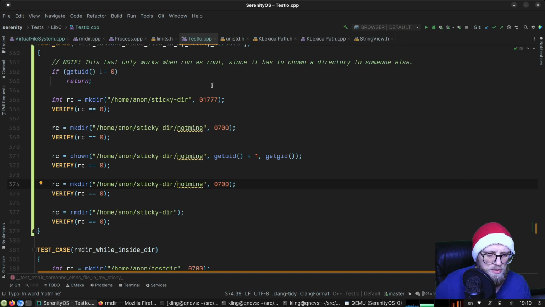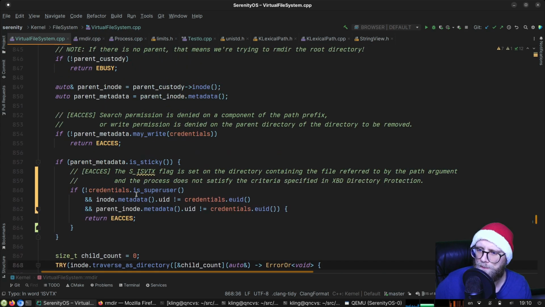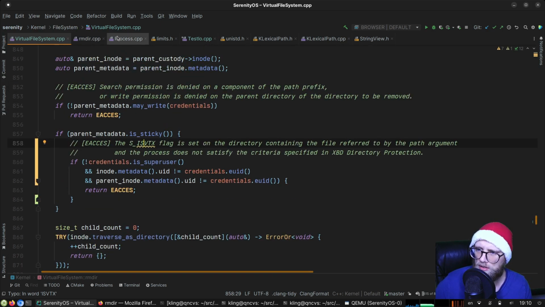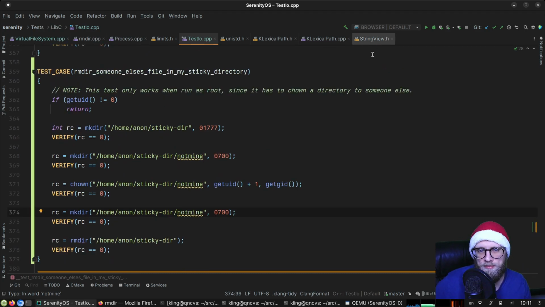I do have to make a user switch, because if I'm root, it will just succeed no matter what. Root can always delete directories. We are superuser, so shoot. Okay. So we make the thing as not mine. And then I guess I need to